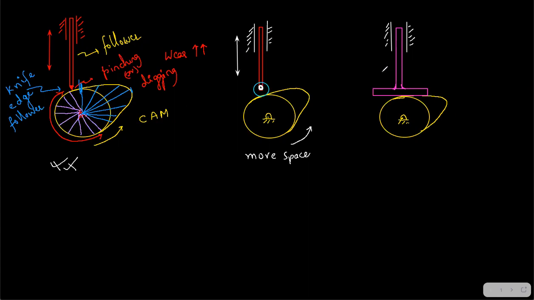So now if you check over here, you have this roller follower, and the motion is transmitted along the common normal, because see, the follower has to move upright and the cam is rotating. So first you need to draw a common tangent to understand this concept. Just draw a common tangent to both the circles here, right?